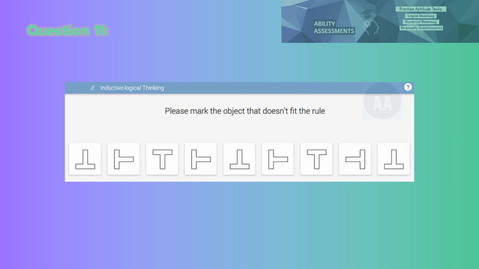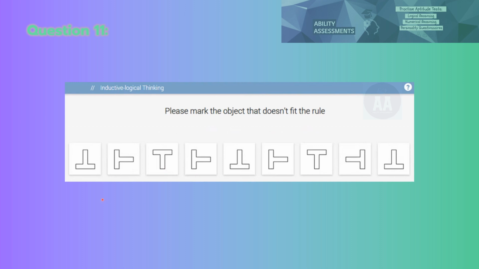On question 11, our quick glance immediately tells us that there is only one shape. There are no shades, there are no different sizes. The only thing that is changing is the direction or the position that it's facing, this T shape, we can call it. So here you can see on the first object it's facing up, then on the second object it is facing to the right, and then on the third object it is facing down,